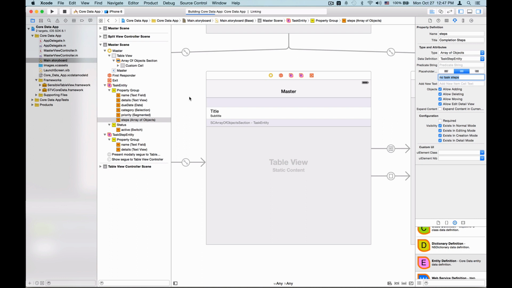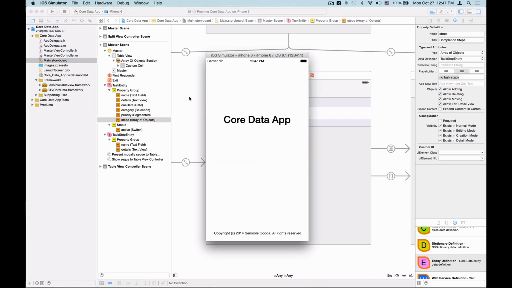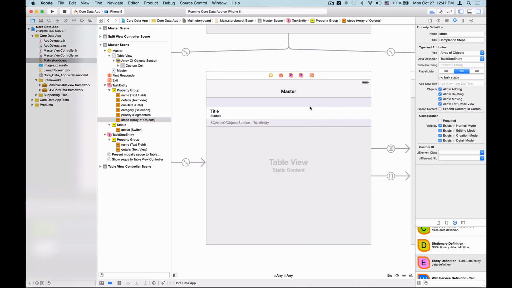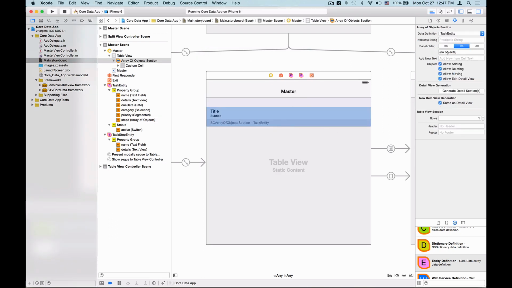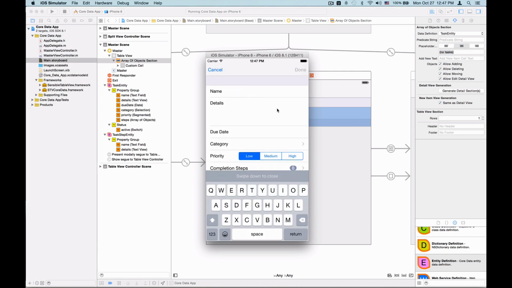So I'm going to run. Okay, so it's saying no objects. I'm going to add a new object. And if you're wondering where the new objects came from, it's simply another placeholder. So probably maybe I should say no tasks here. So going back, task A,